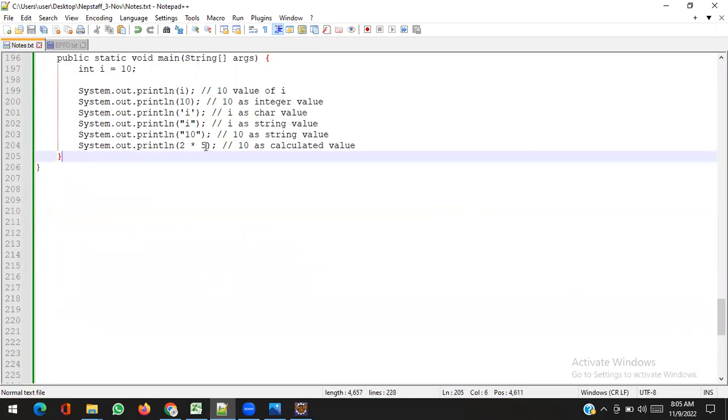Fine. It's very easy. It will print the value ultimately. If you pass the variable, it will print the variable's value. It will take any kind of value: integer, character, string, boolean. If you pass an expression, it will calculate, and whatever the result, it will print the value. Okay. Next is